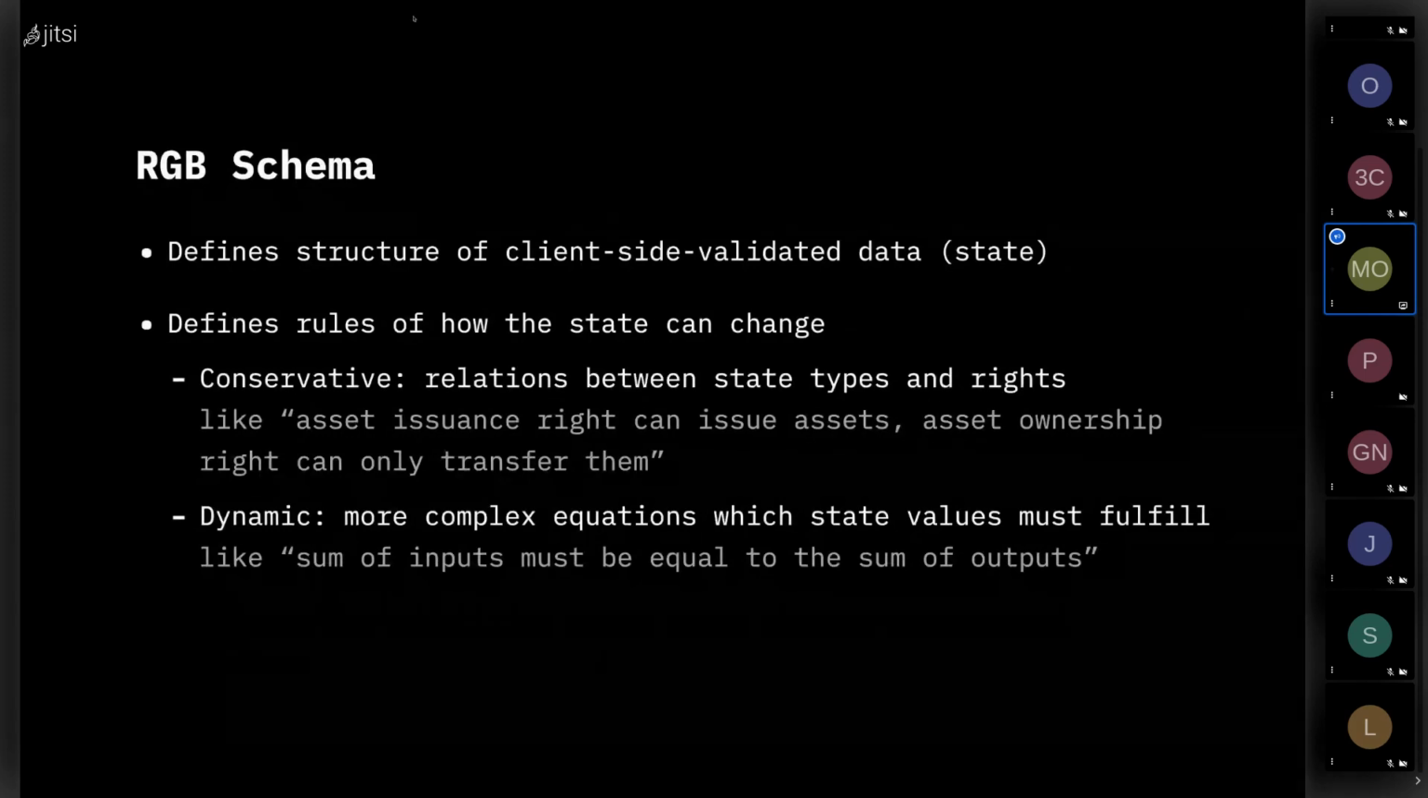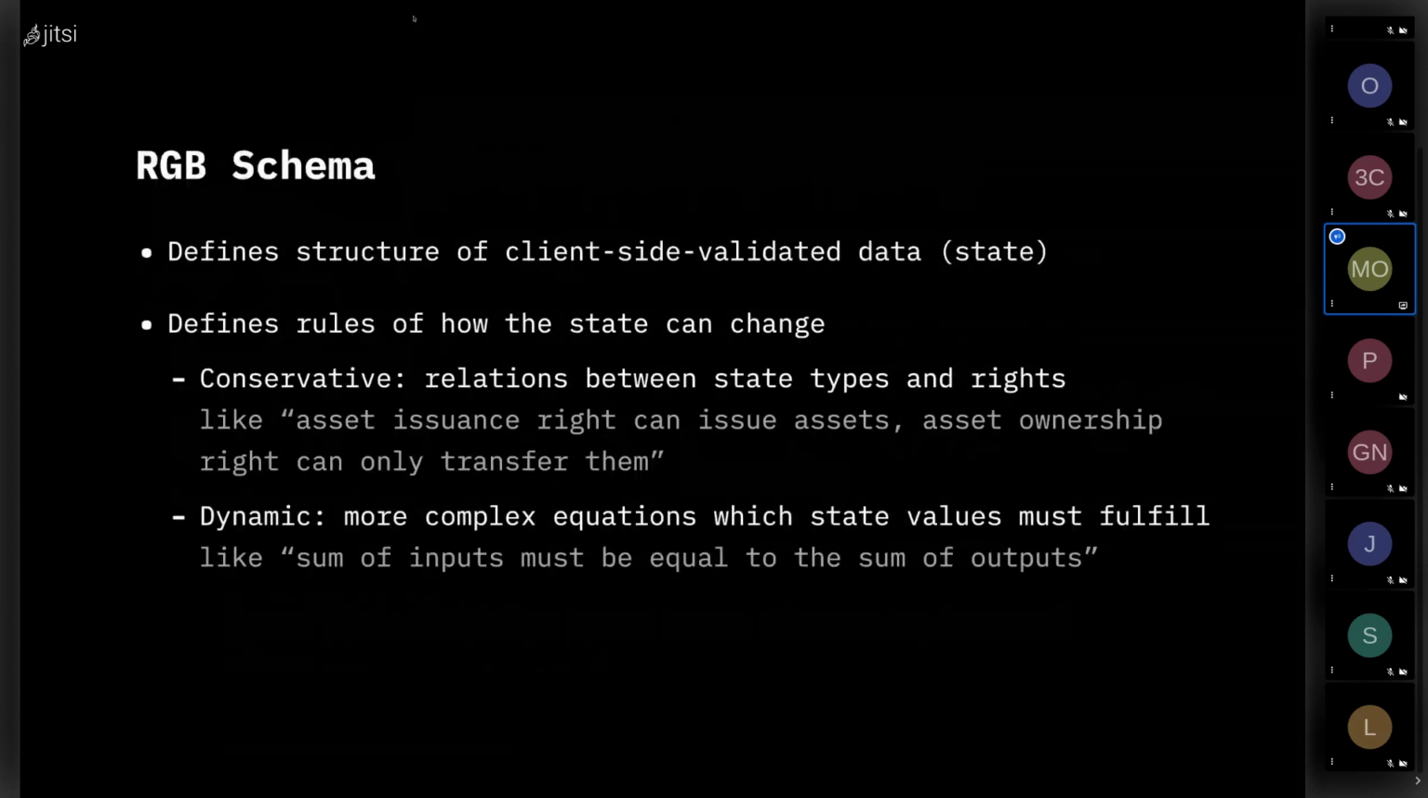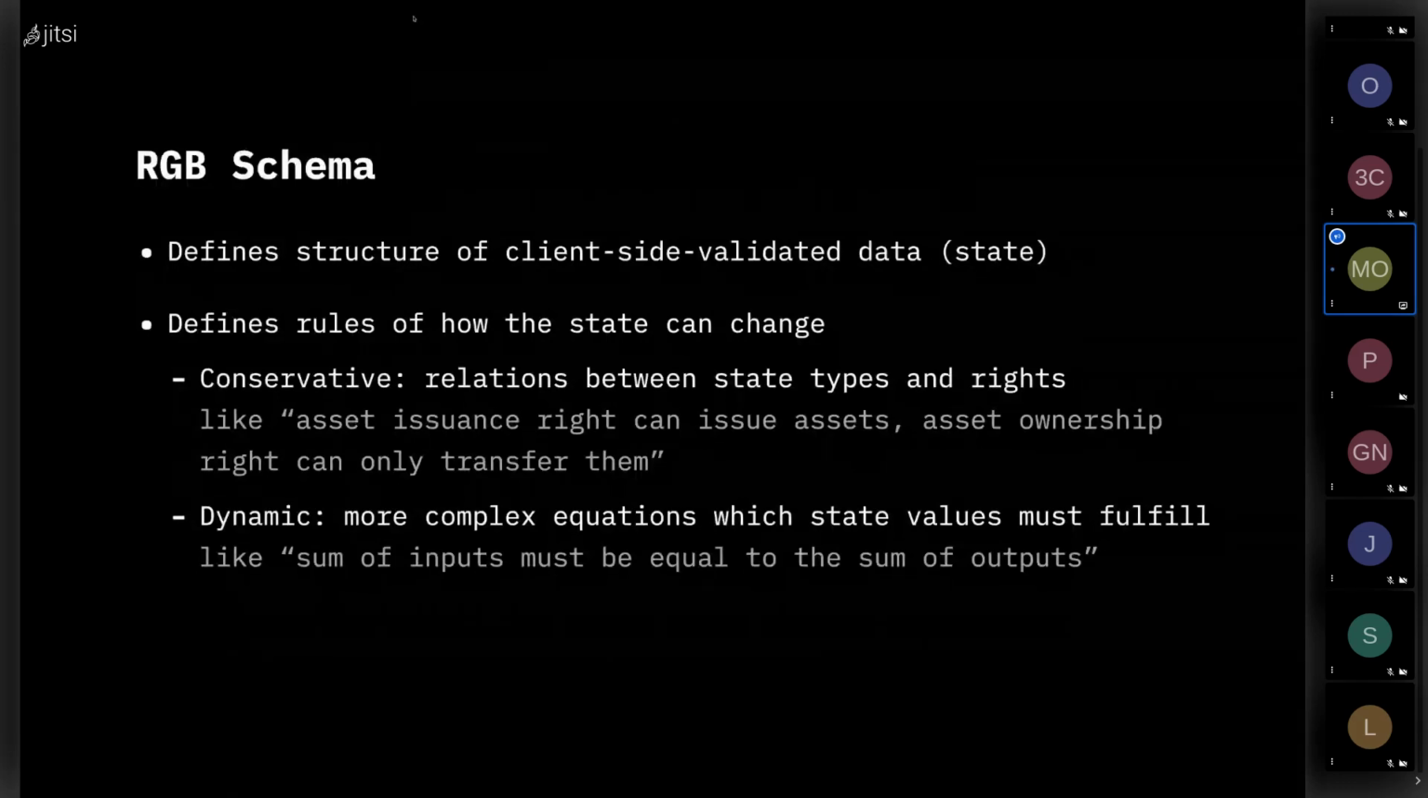And this is different state for NFT assets. The state may identify all the assets, which can't be stored as a Pedersen commitment, and instead has to be stored as a byte string, for instance. So these types of state and their relations to the UTXOs and the rights defined by the single-use seals is all defined by the schema and validated by the schema. And this type of